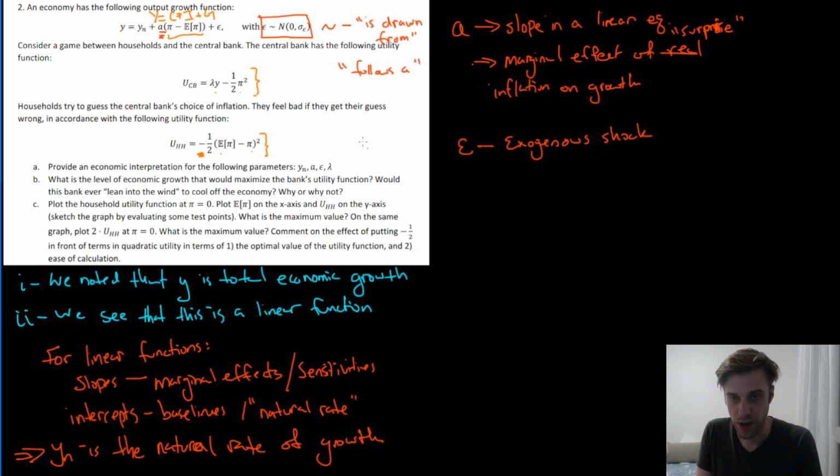Okay, and then we also have, what else? We have lambda. Now lambda appears here. This is kind of like a linear function if we think of pi squared as being one term, right? But more importantly, you should recognize that this is a Taylor rule. This is a Taylor rule. And you see it's a utility. So parameters here in utility function are going to be controlling how much agents care